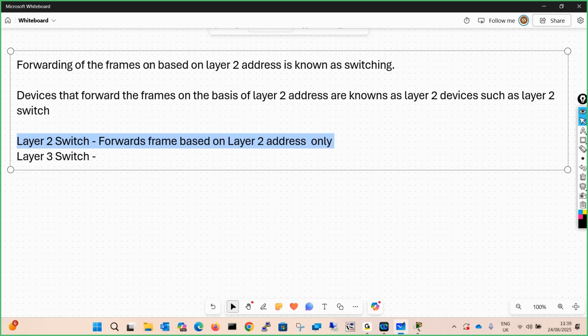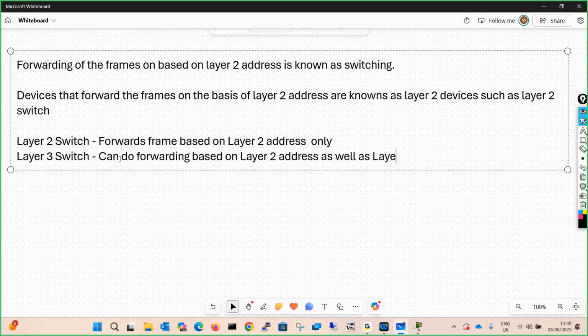Then comes the layer 3 switch. What is a layer 3 switch? A layer 3 switch can do forwarding based on layer 2 address as well as layer 3 address.